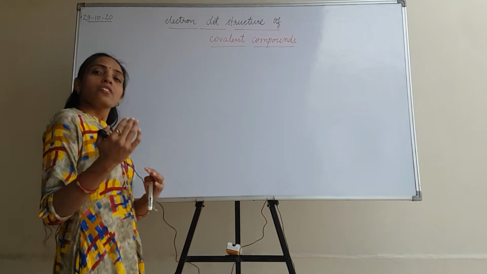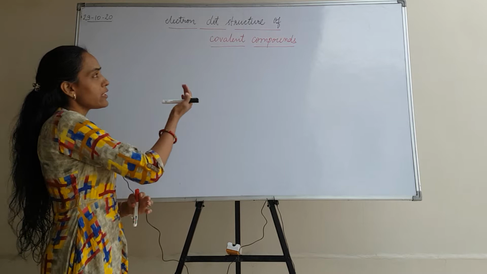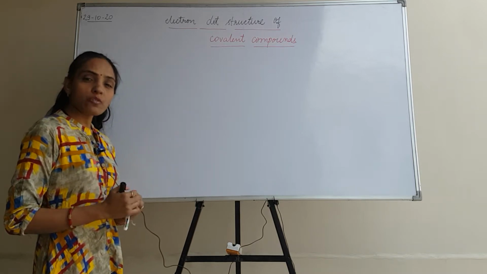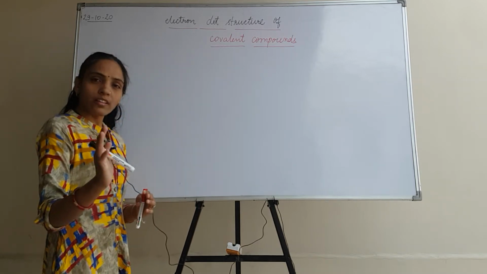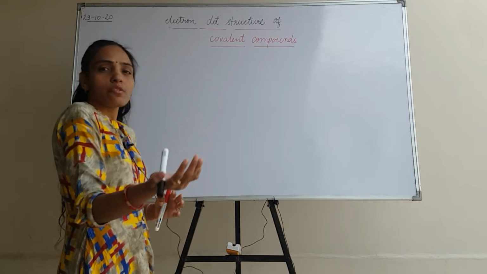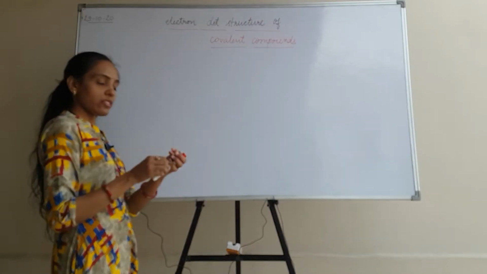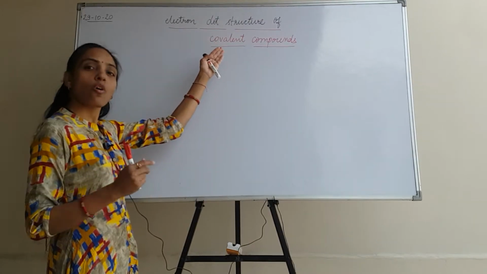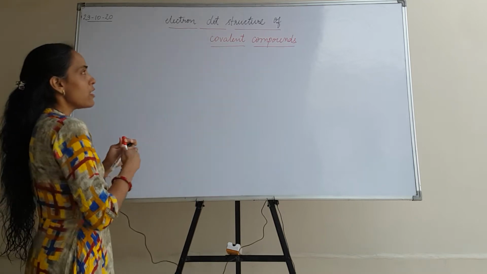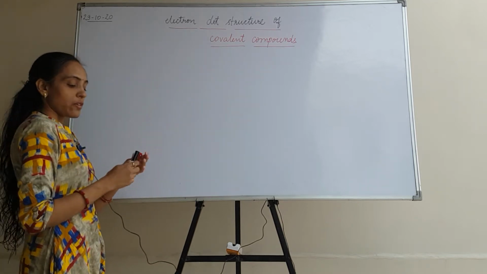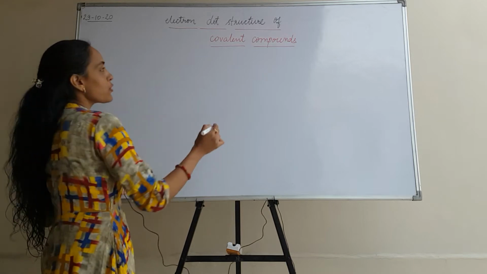See, there are two methods to draw the electron dot structure of covalent compounds, but I will tell you the easy one. Otherwise there can be so many. In other videos also you have checked so many methods to draw this electron dot, or we can say Lewis structure, but I am going to tell you the easiest way. For that, first of all you need to remember